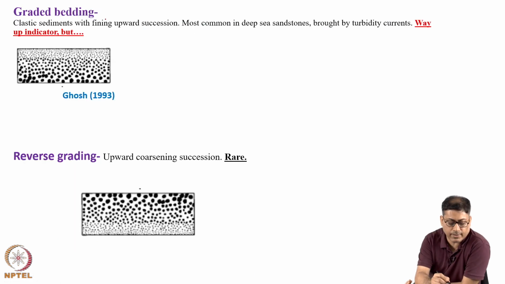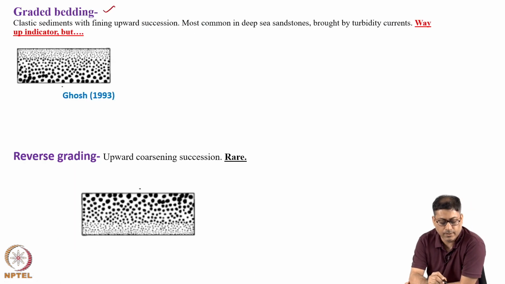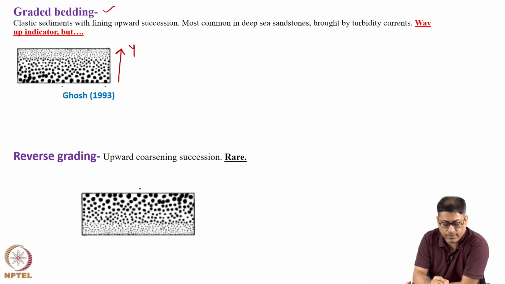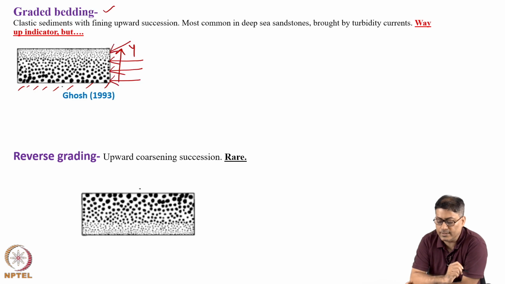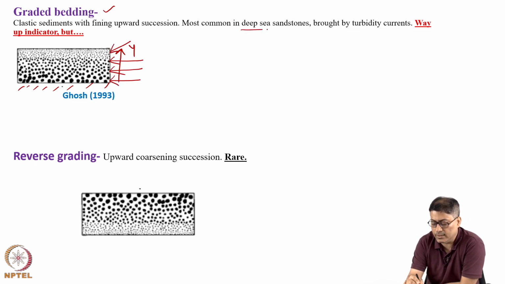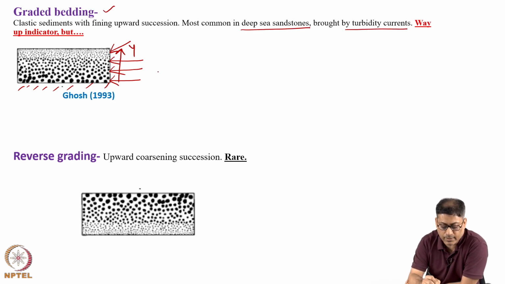Now, we take the case of graded bedding. These are the clastic sediments with fining upward succession. This is the bottom, and the first set of depositions are coarse grained sediments, and as you go upward, or younging, or with time, you are finding fine grained sediment. These are most common in the deep sea sandstones which are brought by turbidity currents. Does it indicate a way up indication or a younging direction? The answer is